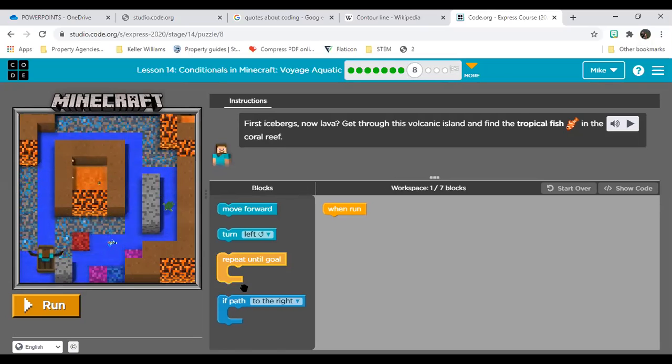So what we will do, repeat until goal. That is our goal. If path to the right, let's move forward first. And then if there's a path to the right,